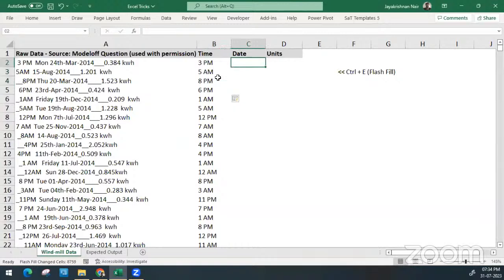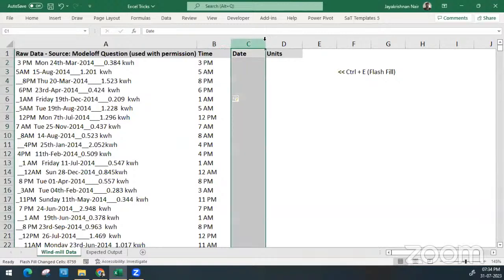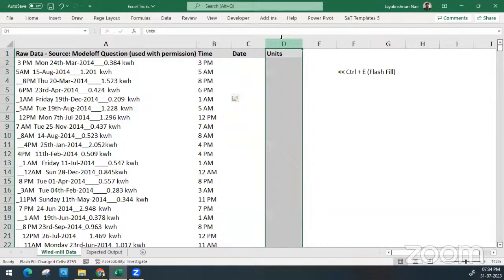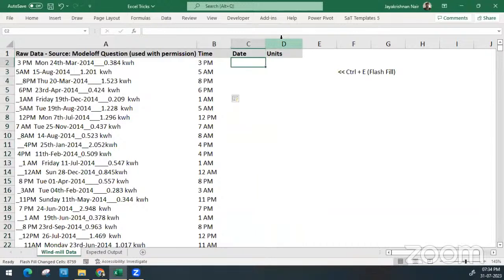Now the next phase over here is basically to get the date and the units. In this case, I'll show you an alternative version of the same method. Let's say I want to extract the date. I showed you one method of iterations. The second method is to give it multiple examples from the get-go. Because if you try the first method, you will have to correct it gradually. For example, if I say I want 24th MAR, that is for March,